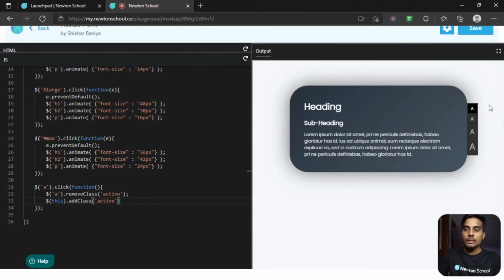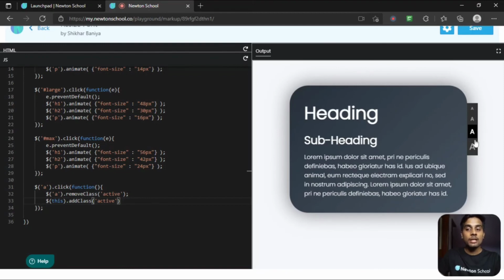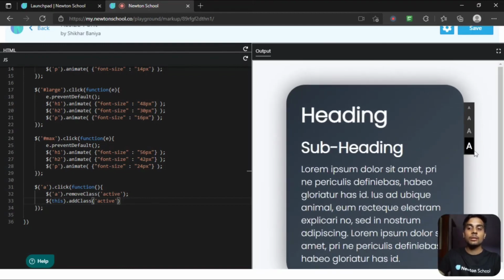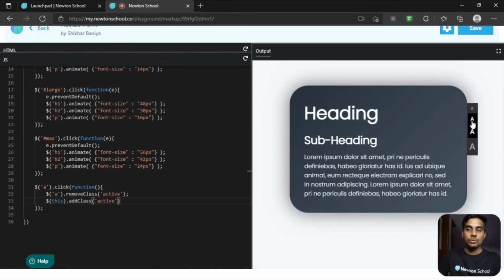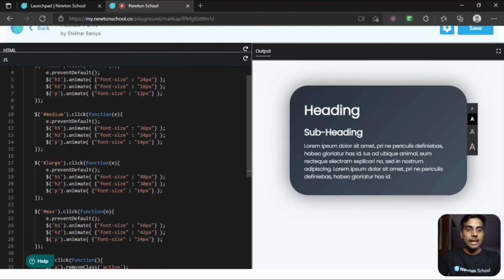When I click on a button, as you can see, the class active is moving to large now, and now to the max tag. So using removeClass and addClass, you can shift the class name from one tag to another. Okay, so I guess that's it.